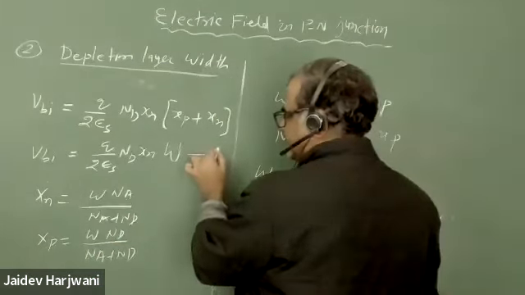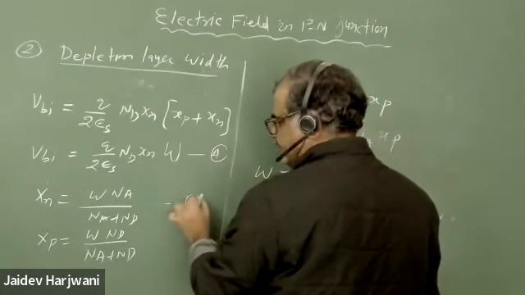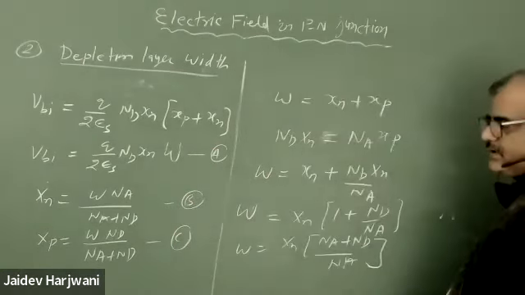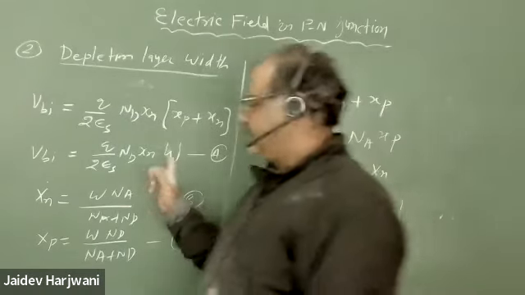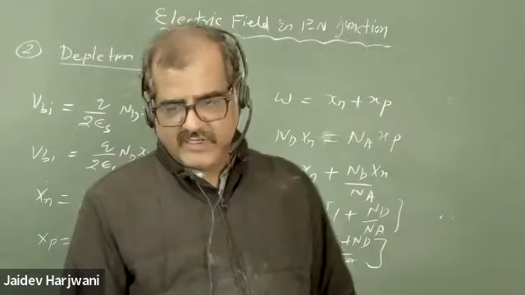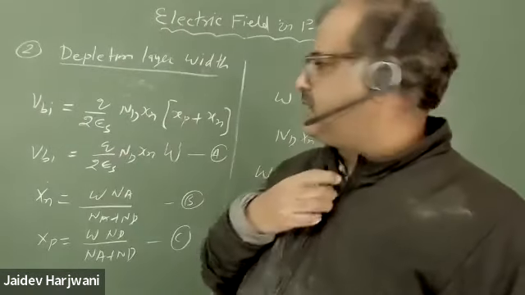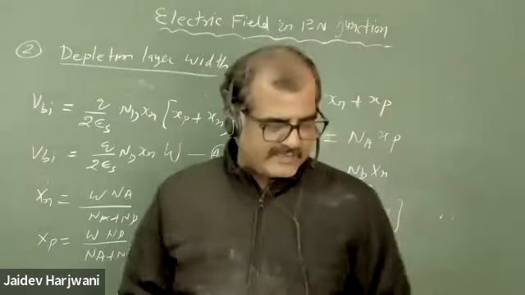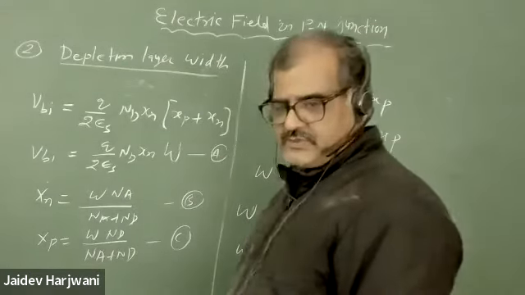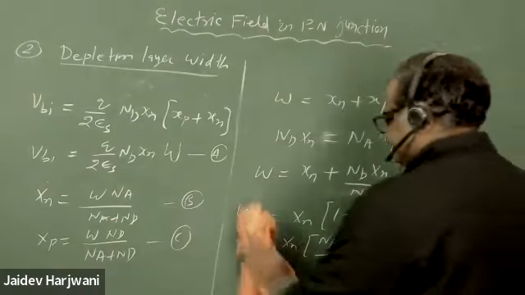Say a, b, and these are my expressions. Now I can replace xn here, and I can get the expression for W from this after solving a little bit of algebra. Are you getting what I'm doing here? It's not much complicated mathematics, simple mathematics. If you do it once on your own, you'll get everything. So now